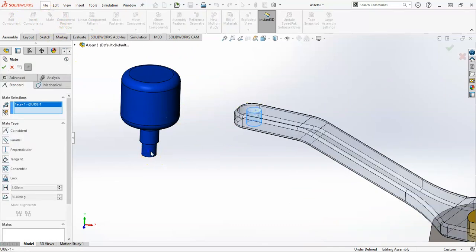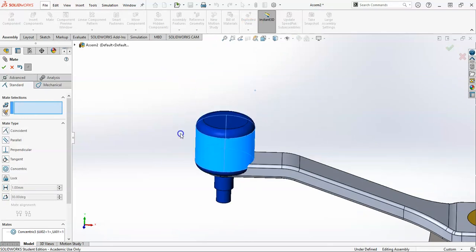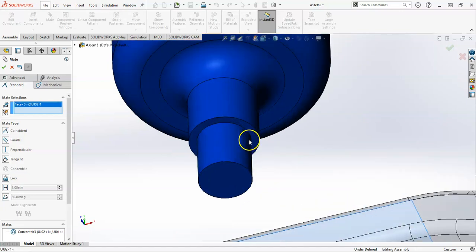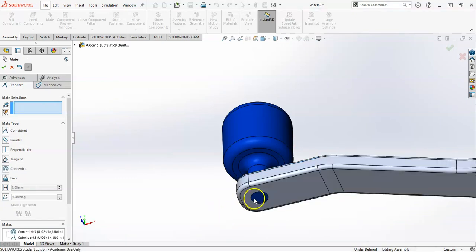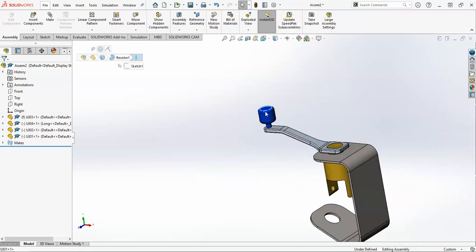I'm going to select that face and that face to make those concentric, and that's good. So they're concentric, but it's not fully defined. So I'm going to select that face and this face. Again, shoulders that are meeting, not this surface and this surface. That is not a good mate in this situation. So with those 2 mates,